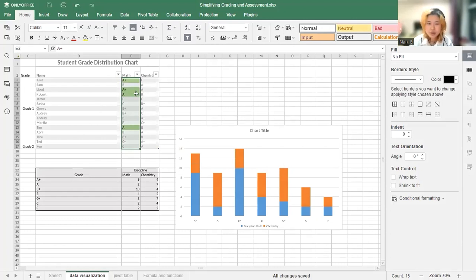You can also create multiple rules to highlight different grade ranges or specific conditions, like marking failing grades in red. So through this example, you can see that this method allows you to swiftly identify students' achievements and areas for improvement without manually checking each score. In today's fast-paced world, data-driven decision-making is crucial, especially in the field of education. Our goal for this workshop is to show you how OnlyOffice Spreadsheet Editor can be your trusted companion in this